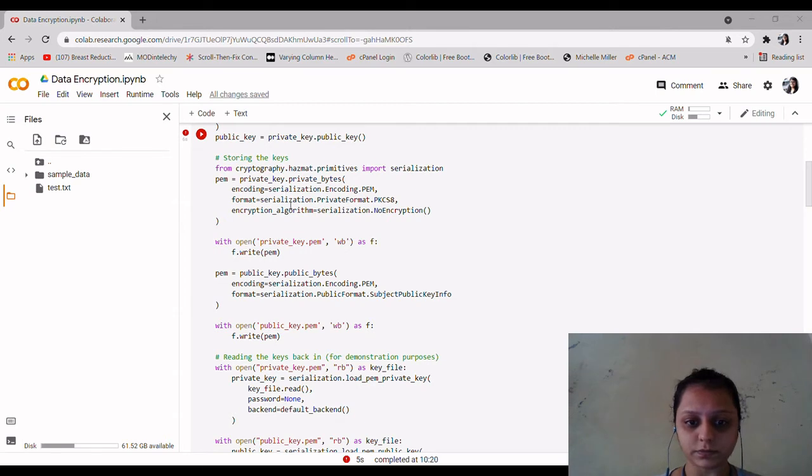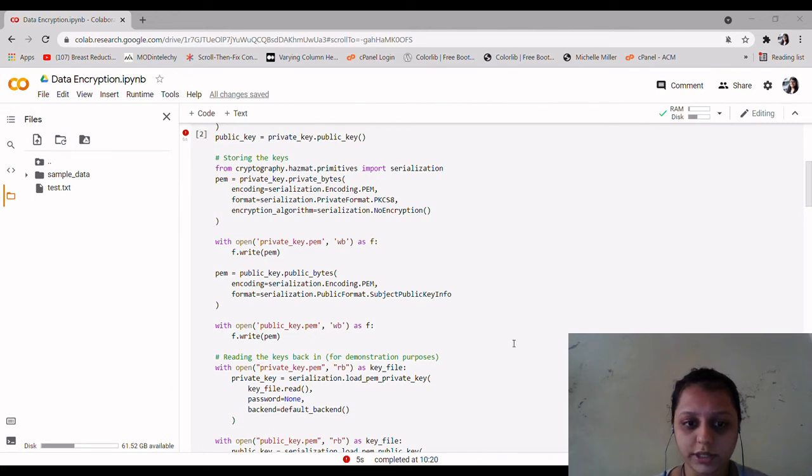PKCS8 is the eighth of the public key cryptography standards and is a syntax for storing private key material. Same as the private key, I stored the public key in the public_key.pem file.